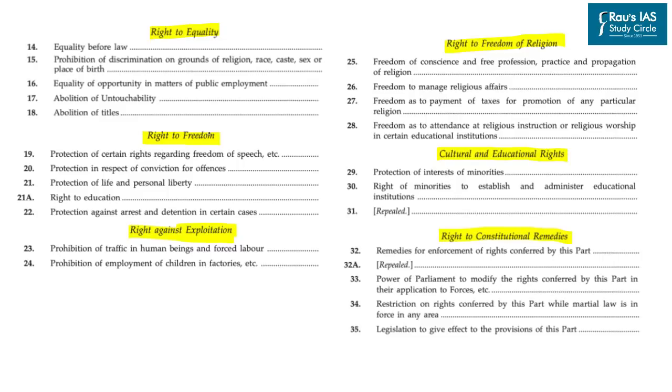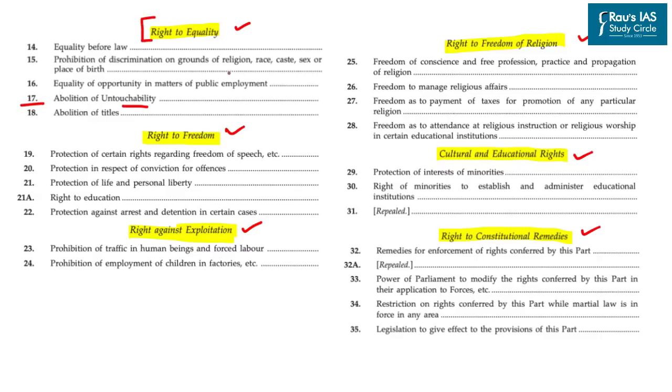So here I have taken this extract from the Constitution of India itself, and as you can see, these are the important fundamental rights as prescribed under Part 3 of the Indian Constitution. These are right to equality, right to freedom, right against exploitation, right to freedom of religion, cultural and educational rights, and right to constitutional remedies. So, primarily, these can be said to be the six important fundamental rights provided under Part 3 of the Indian Constitution. Now, regarding this particular question, it deals with untouchability, which forms under Article 17 and hence gets covered under